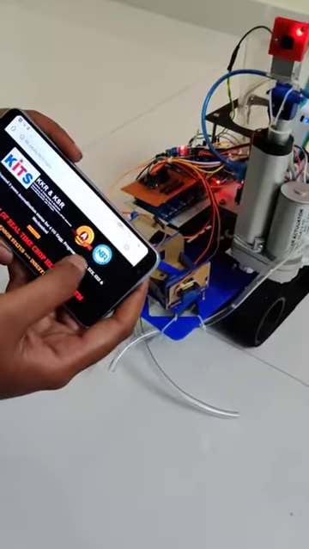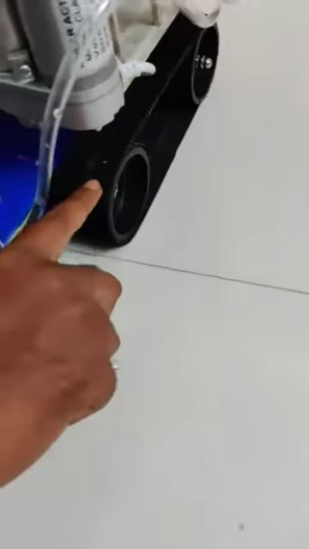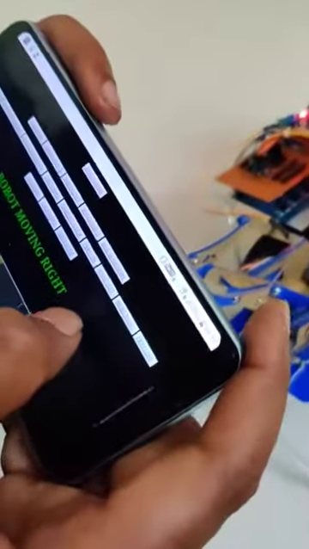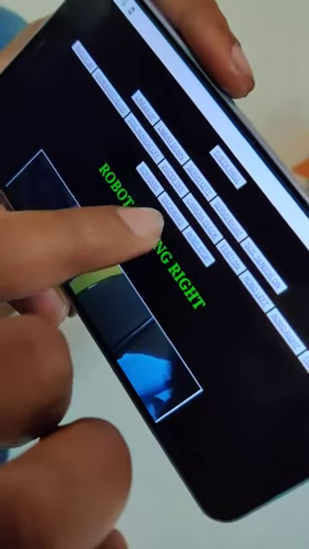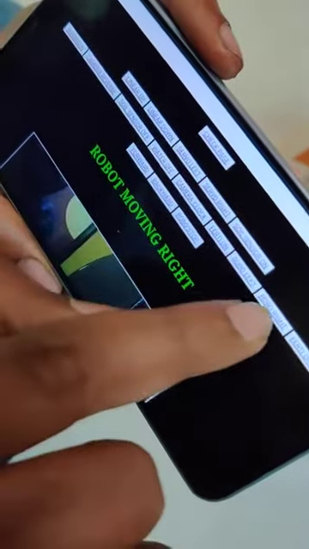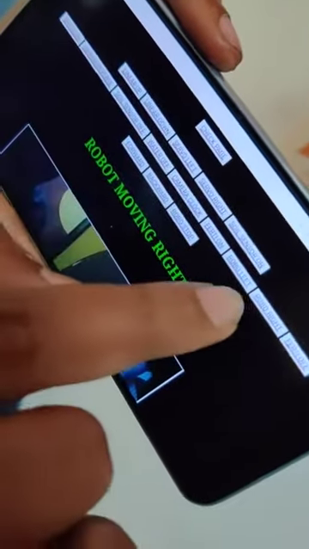So you can navigate this robot on any all-terrain surface, as the wheels are all-terrain. So these are the different navigations: when you press forward, the robot moves forward; backward, the robot moves backward; left, the robot moves left; right, the robot moves right. This is the recent navigation which was pressed here.